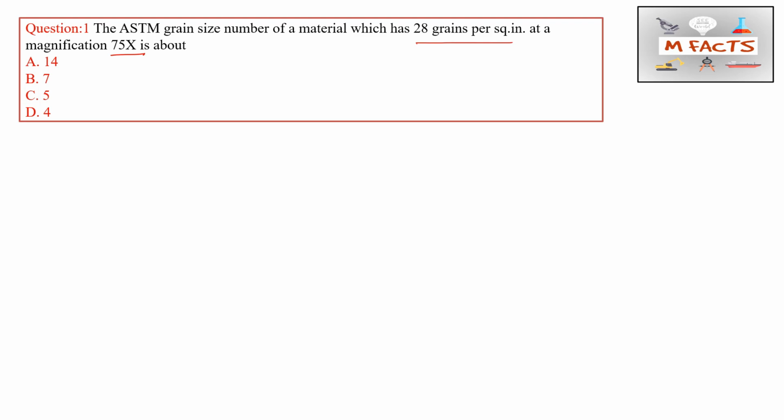In one of the practice sessions, I have already told you the formula, and you must have heard about it. This is a very common formula used for the calculation of ASTM grain size: (M/100)^2 multiplied by N equals 2 to the power (n minus 1). Here M is equal to magnification. Suppose they do not give the magnification, we will take it as 1x every time. Without magnification we will not do any calculation. This is the first point we have to understand.